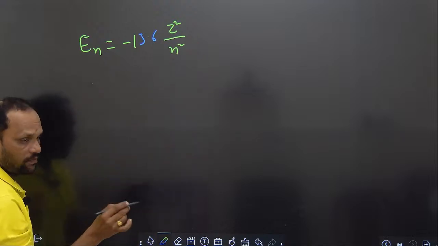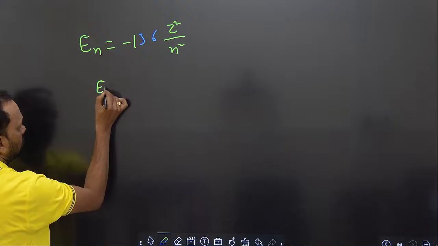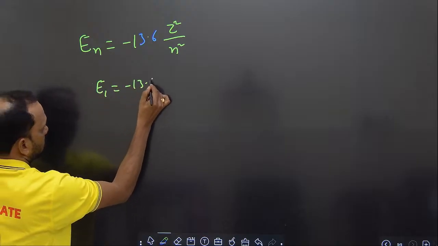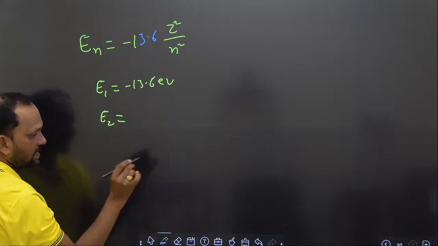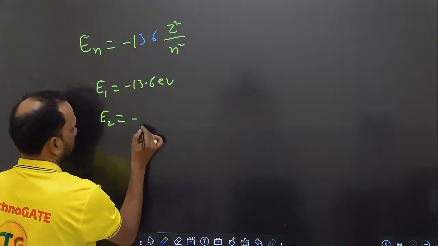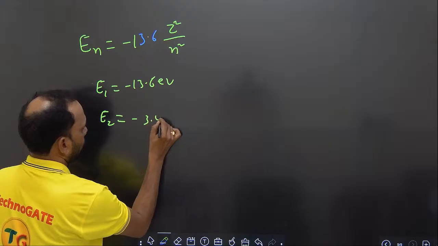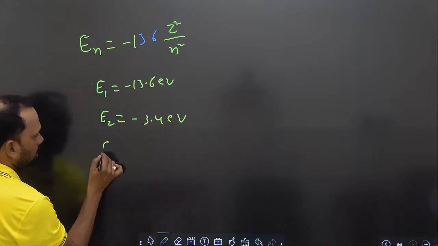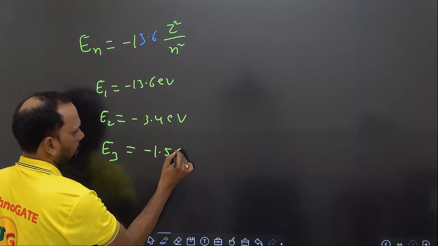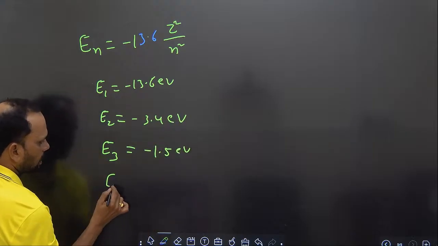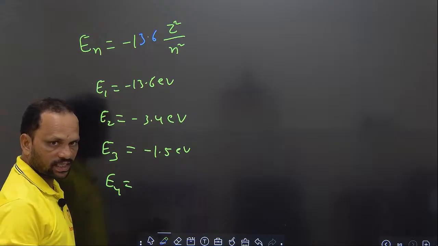If it is rotating in the first orbit, E1 equals minus 13.6 electron volts. Second orbit or first excited state is minus 3.4 electron volts. Third orbit or second excited state is minus 1.5 electron volts. Fourth orbit or third excited state is